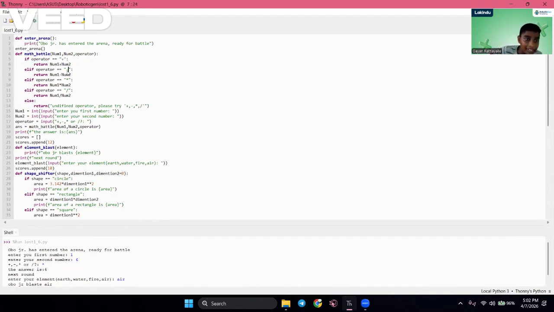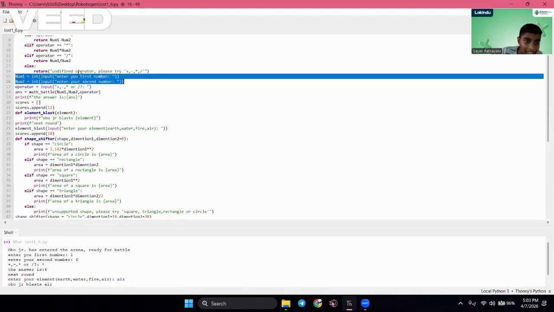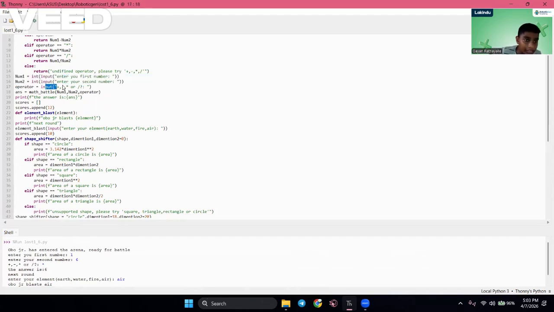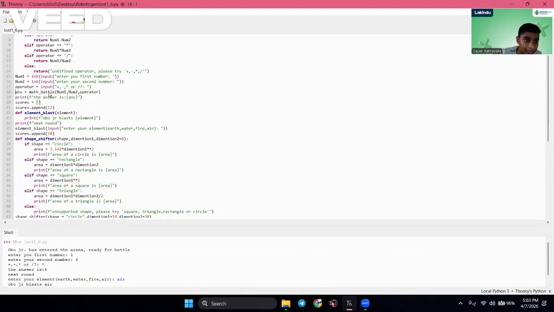Else if the operator is subtract, we subtract them, and so on. And we also get the values from the user, and we don't hard code them. So here also we take the user input, and we also get the correct value from here. So we put the text here and we put the answer, so it prints in one long line, so that's good.